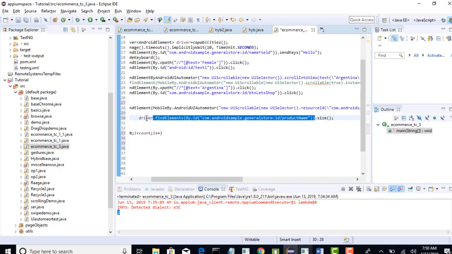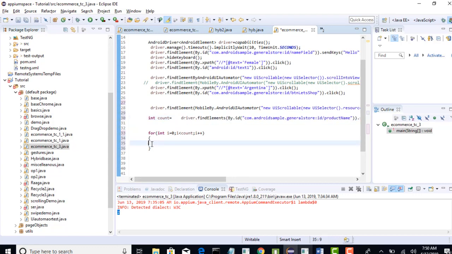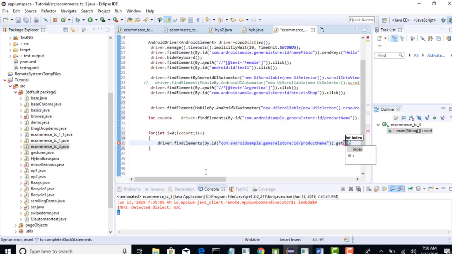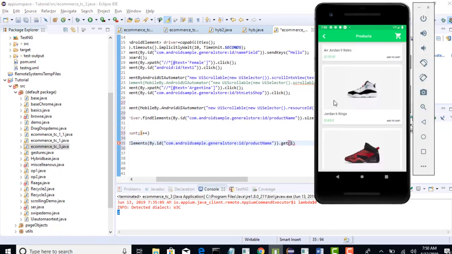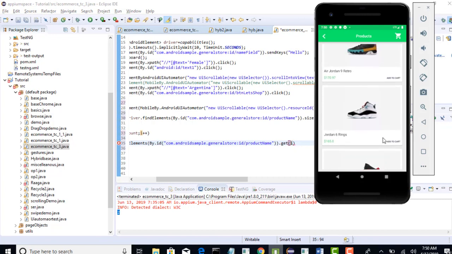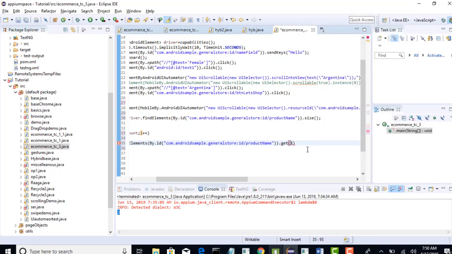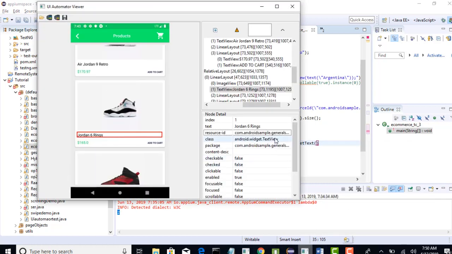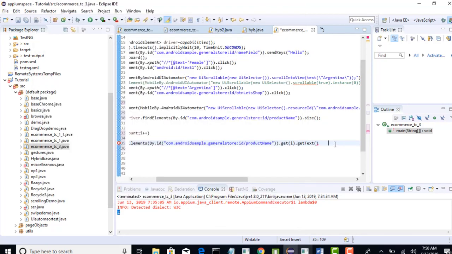Okay, so if that product name is in findElements.get(i), when I do findElements, it will return whatever products I can see on the screen, probably these two, let's assume that. And I'm writing a loop that goes to each and every product. First it will go to get(0), and then after going there, I would simply do getText on it. What happens when I do getText on this product name? The text, whatever that product is having, that will be returned, right? String